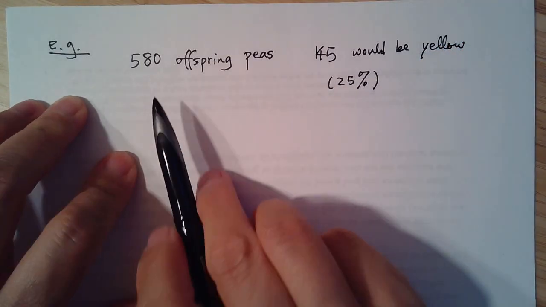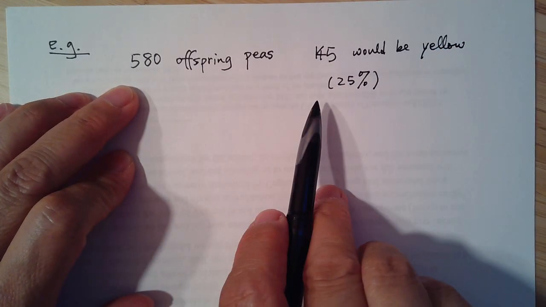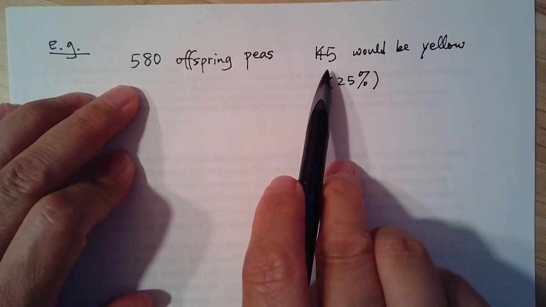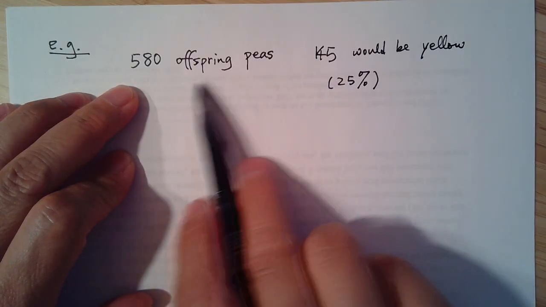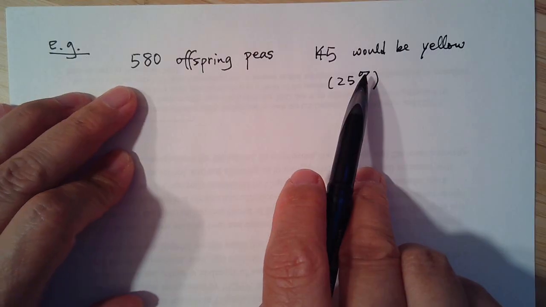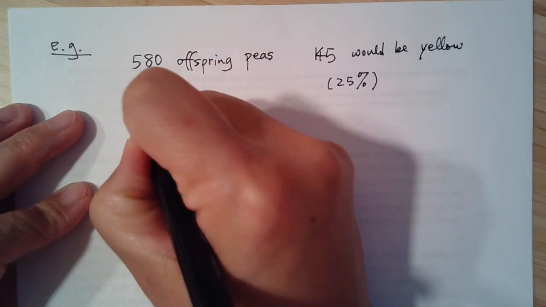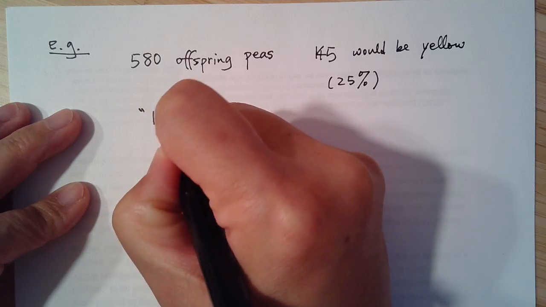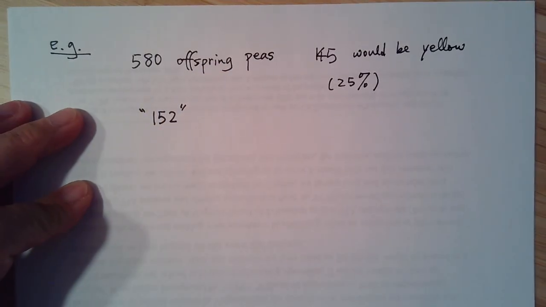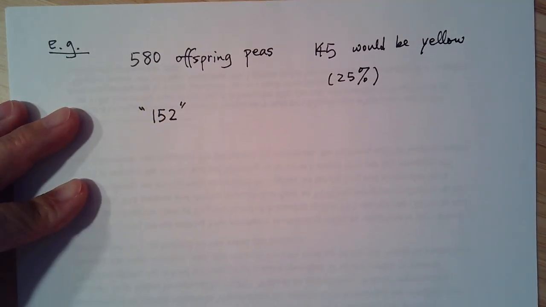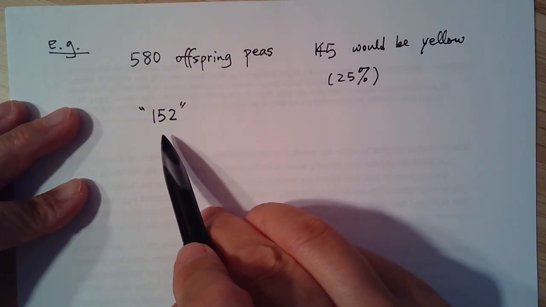So 25% of all those peas should be yellow. However, he actually got 152 yellow peas. Assuming that Mendel's rate of 25% is correct, find the probability of getting 152 or more